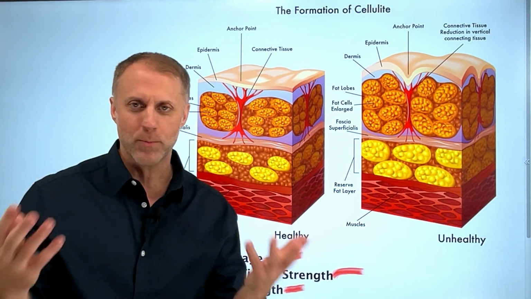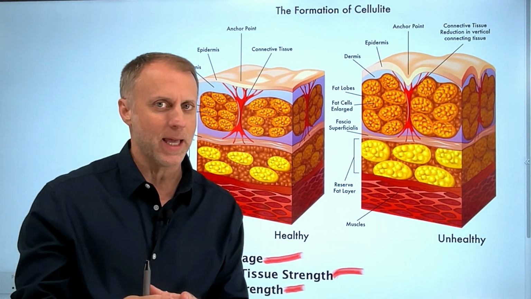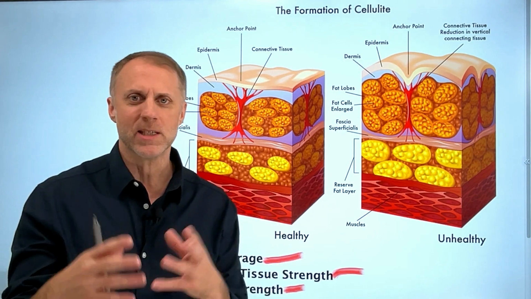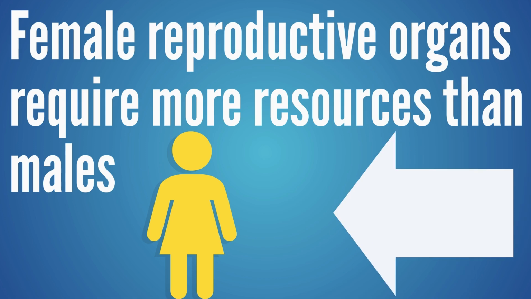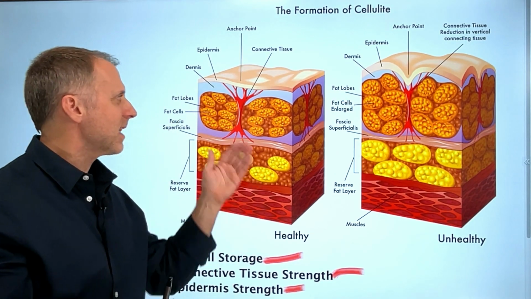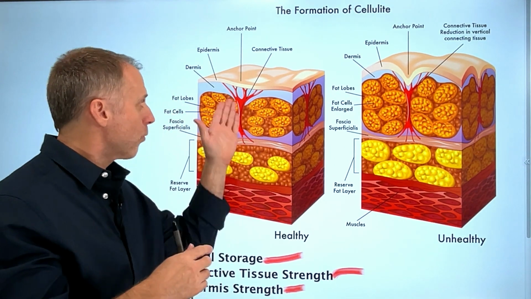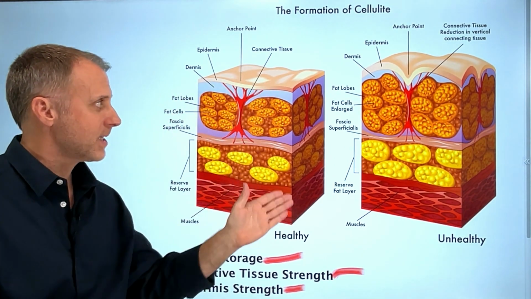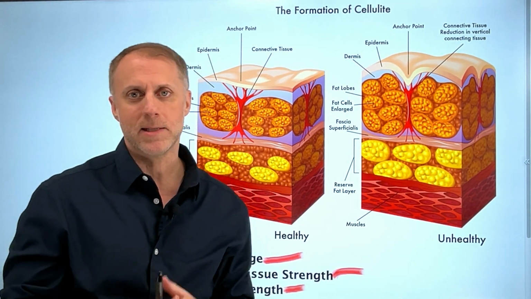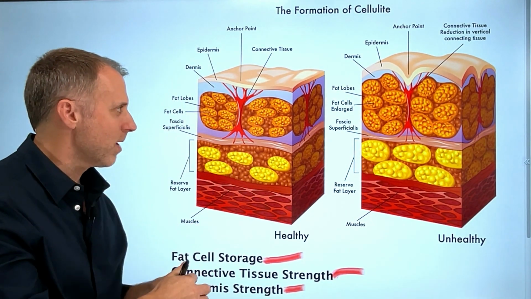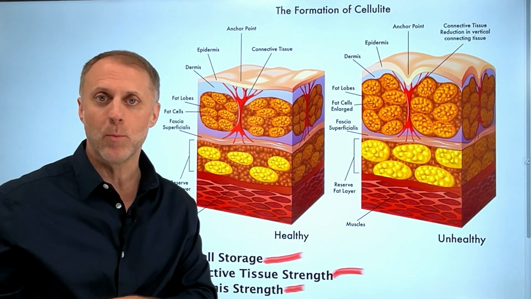Women have all these reproductive things that have to happen, and to build another human is a really complicated process. So women are just more fancy. They have more stuff where resources need to go towards that stuff, and men are just like skin and a remote control. That's pretty much all we are. So our resources can go towards thickening up this skin, where maybe for women, resources need to be prioritized in other areas. So it's a little bit of a ripoff, but this can be why we see more cellulite with women than we do with men.